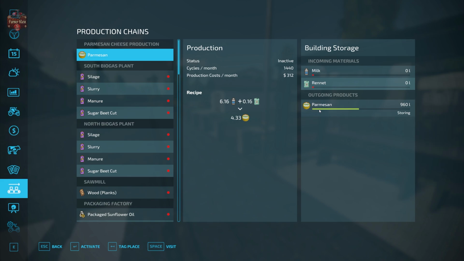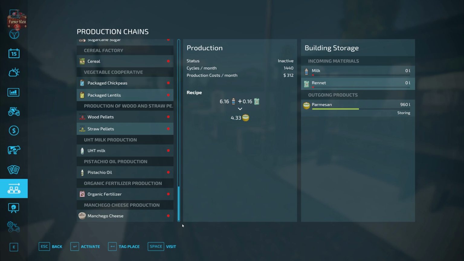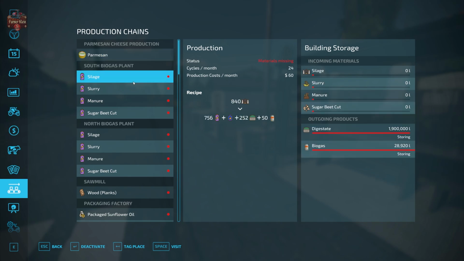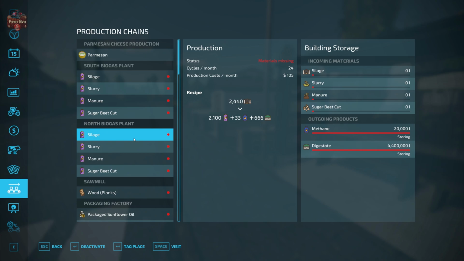We have at 2 farms in multiplayer, Parmesan cheese production, and then we have in multiplayer 2 other farms that also have cheese production and the Manchego cheese. And the only real difference between that and Parmesan is going to be sheep milk versus cow milk. So in addition to the Parmesan cheese production, we have 2 BGAs. The South BGA is going to output biogas in small tanks, whereas the North biogas plant is not. The methane is just going to be available in bulk,